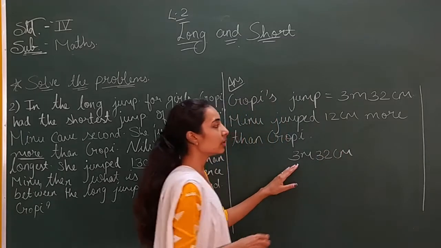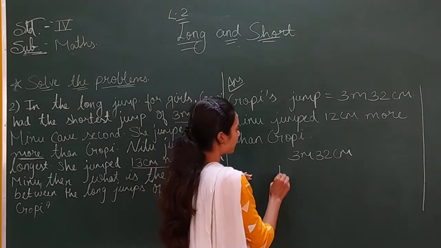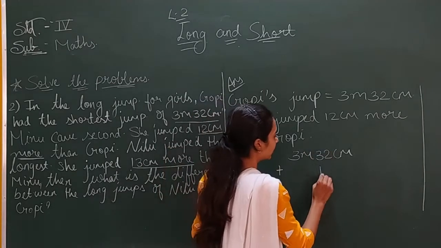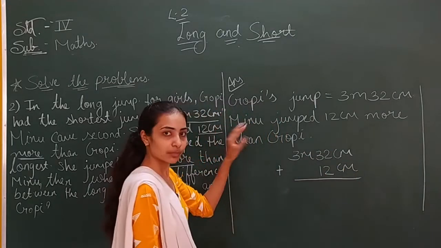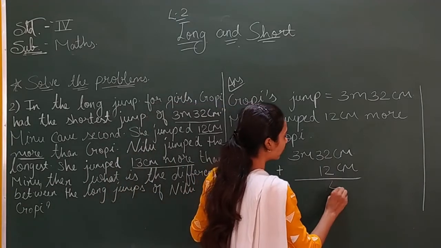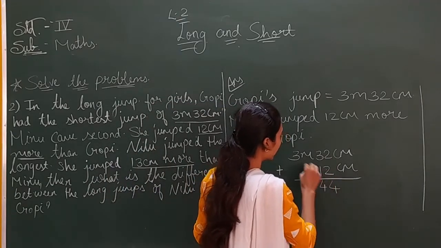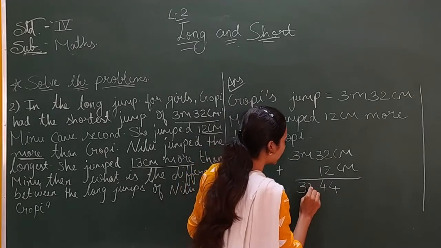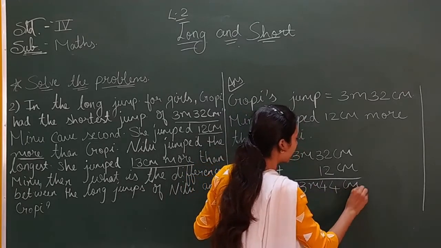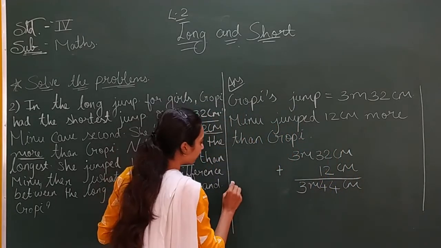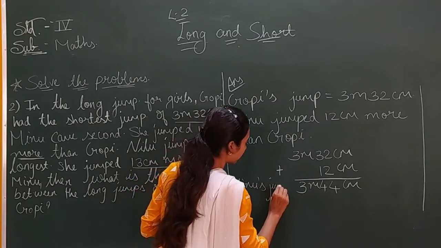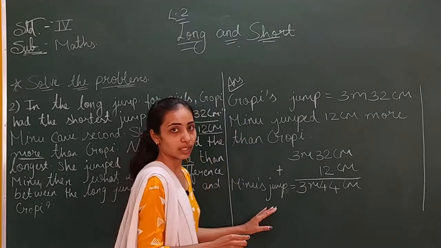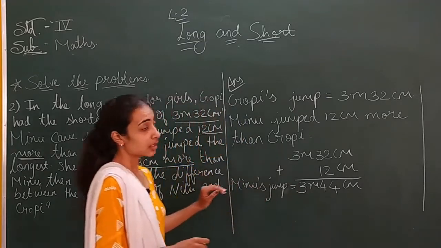Gopi is jumping 3 meter 32 centimeter and we will add 12. By adding 12, we can find the jump of Minu. 2 plus 2, 4, 3 plus 1, 4 and 3 plus 0 is 3. So, 3 meter 44 centimeter is the jump of Minu. It is Minu's jump. Now, next is